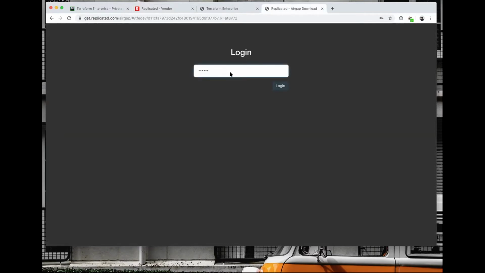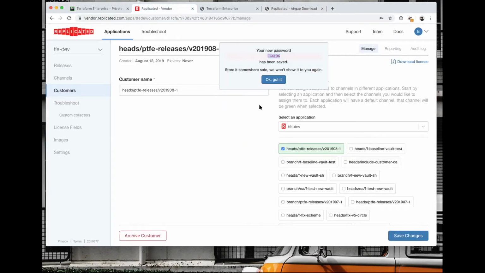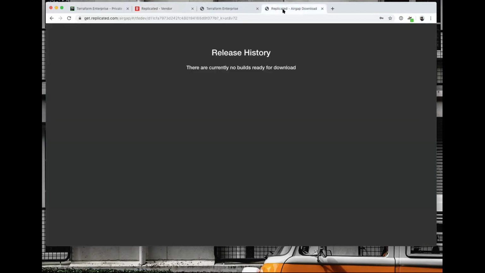Okay. So you can just send your customer this URL that we provide. I think you can customize the CSS in this if you like, and then you give them the password, and this gives them the ability to come here and log in. Great. Oh, no build's ready for download, so we're not building air gaps of these. That's right. If there was an air gap build, it would provide a link that, when they click, generates a one-time use link from AWS. So this is sort of the overall workflow here. You can customize this.